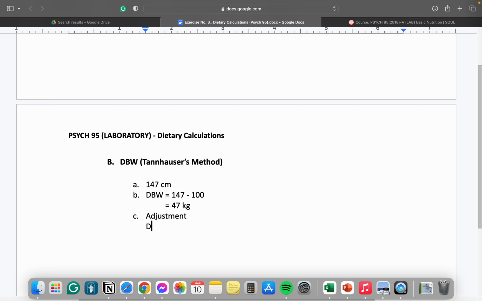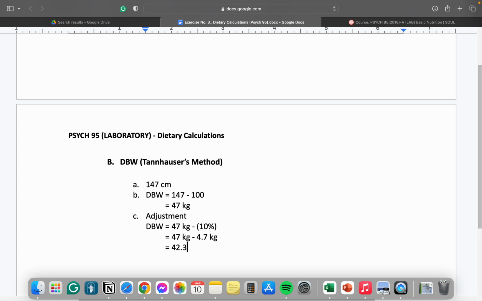So we have the final desirable body weight is 47 kilograms minus 10% of 47. So that's 47 kilograms. 10% of 47 is 4.7. So 4.7 kilograms. So our answer, 47 minus 4.7, that's